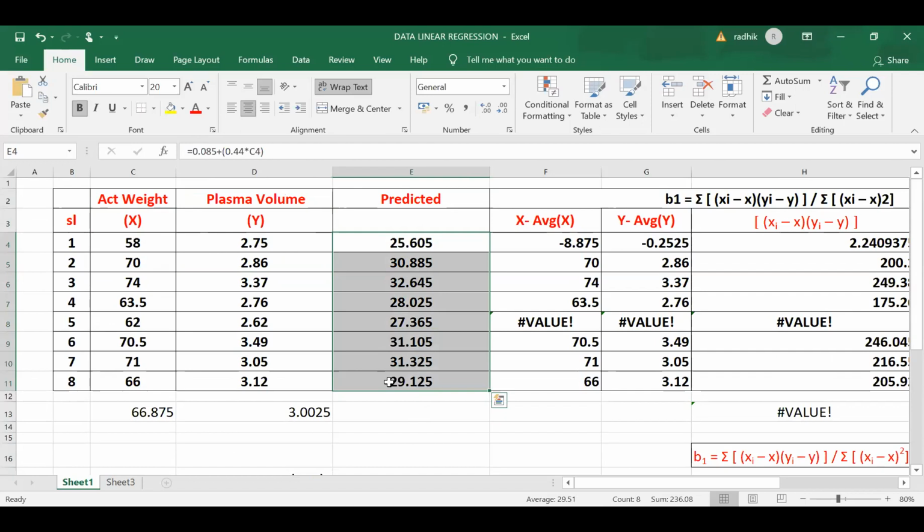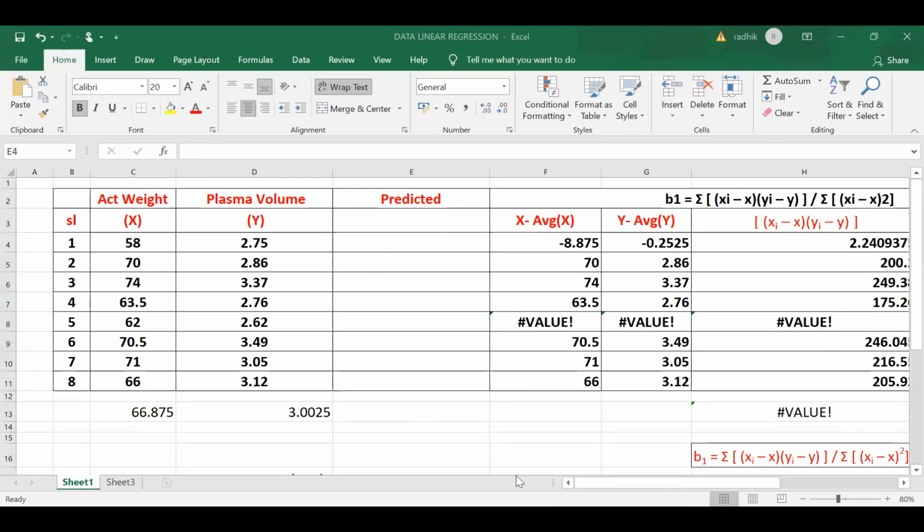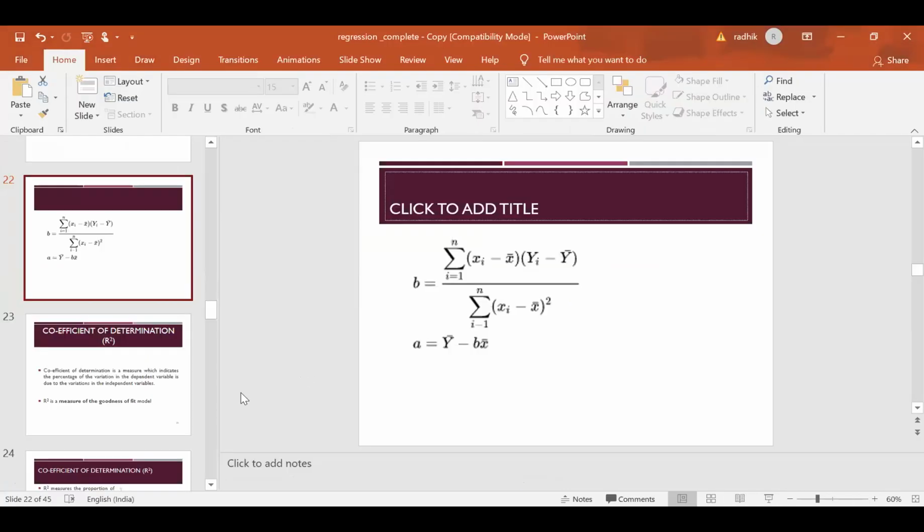I will tell you about one more example. This is a small data, and we'll work it out in SPSS again. I'll just go back to the PPT and tell you in detail about the next step. After you get the beta value, I hope you understood the procedure of calculating beta, or the regression coefficient, and how to interpret it.